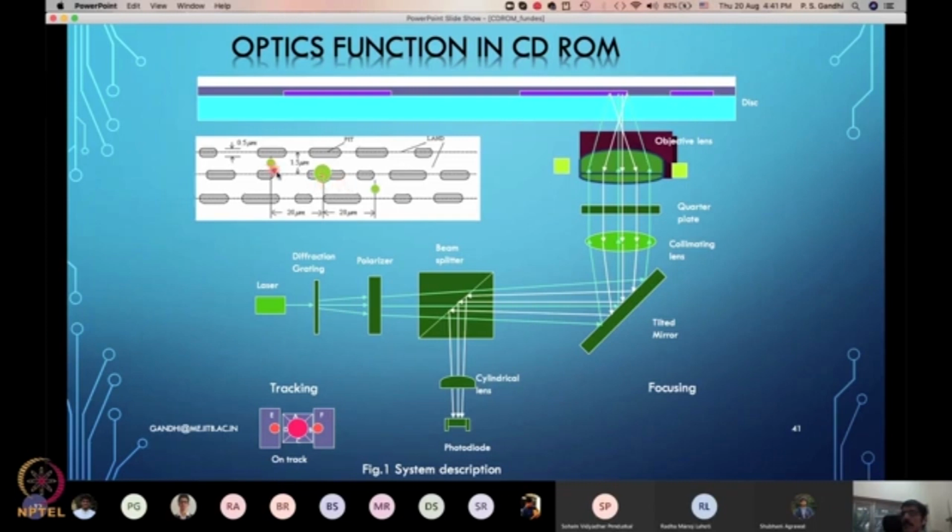I may not have drawn it very nicely here, but this spot is closer, in the normal position, to the reading data track than the neighboring tracks. This spot is also closer to the reading data track than to the neighboring track. So the moment a small error starts happening, in either this direction or the opposite direction,